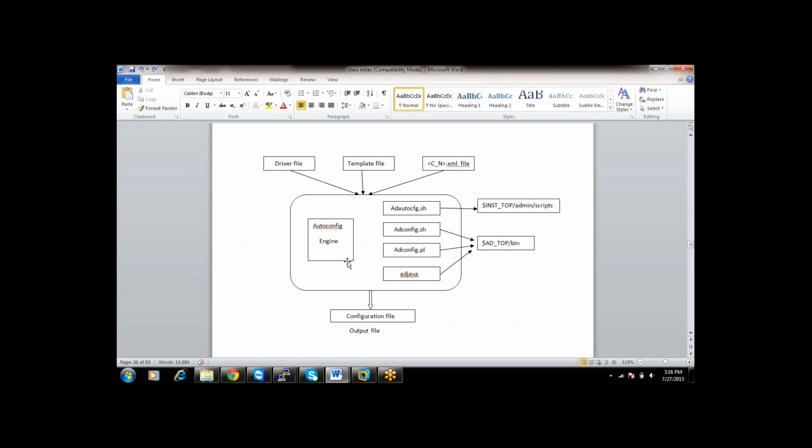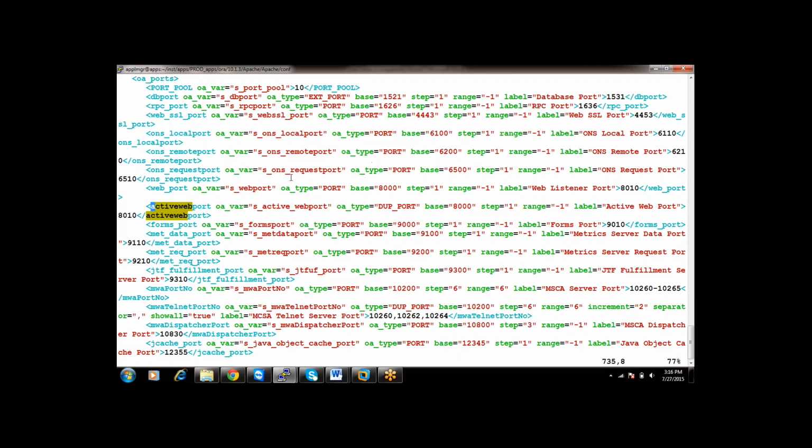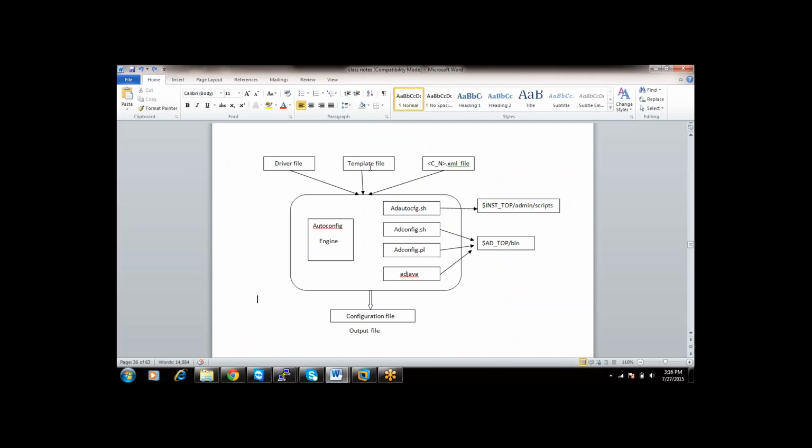First, autoconfig goes to the driver file, which contains information about the template files. For one driver file, there are n number of template files, so one file contains information about multiple template files. What does your template file contain? It contains only the structure of the variable. Let us assume s_active_web_port is the structure of the variable.